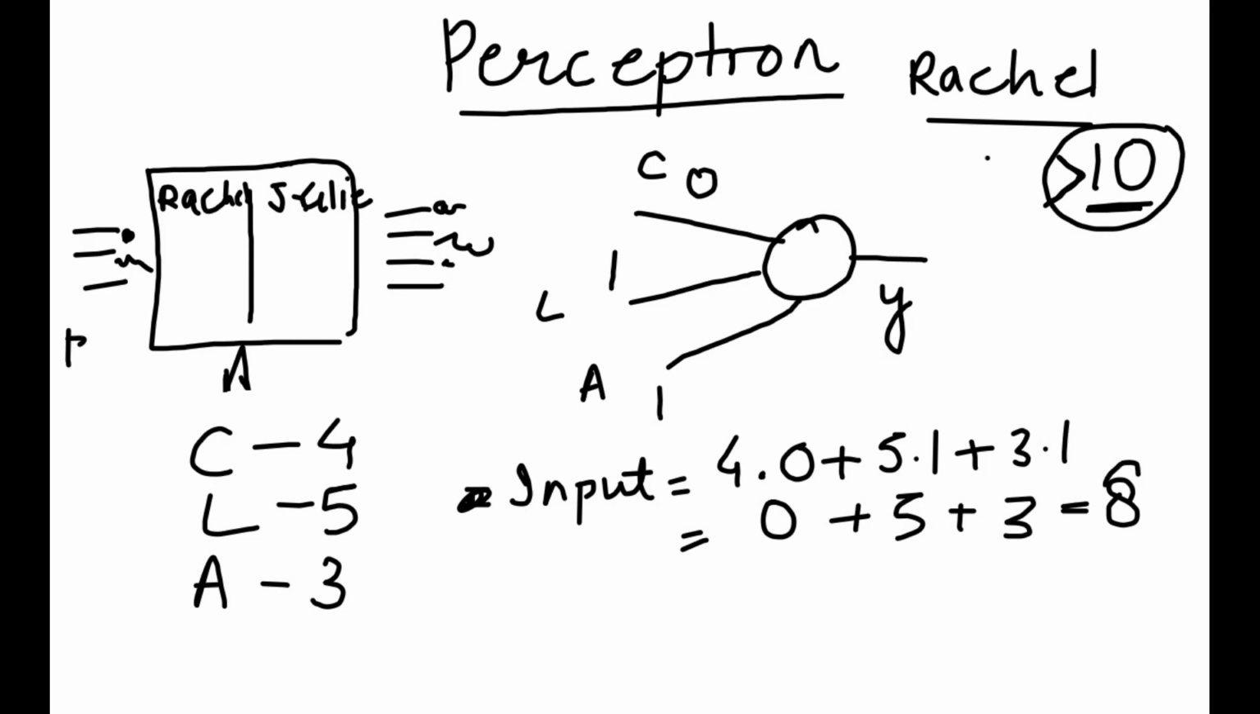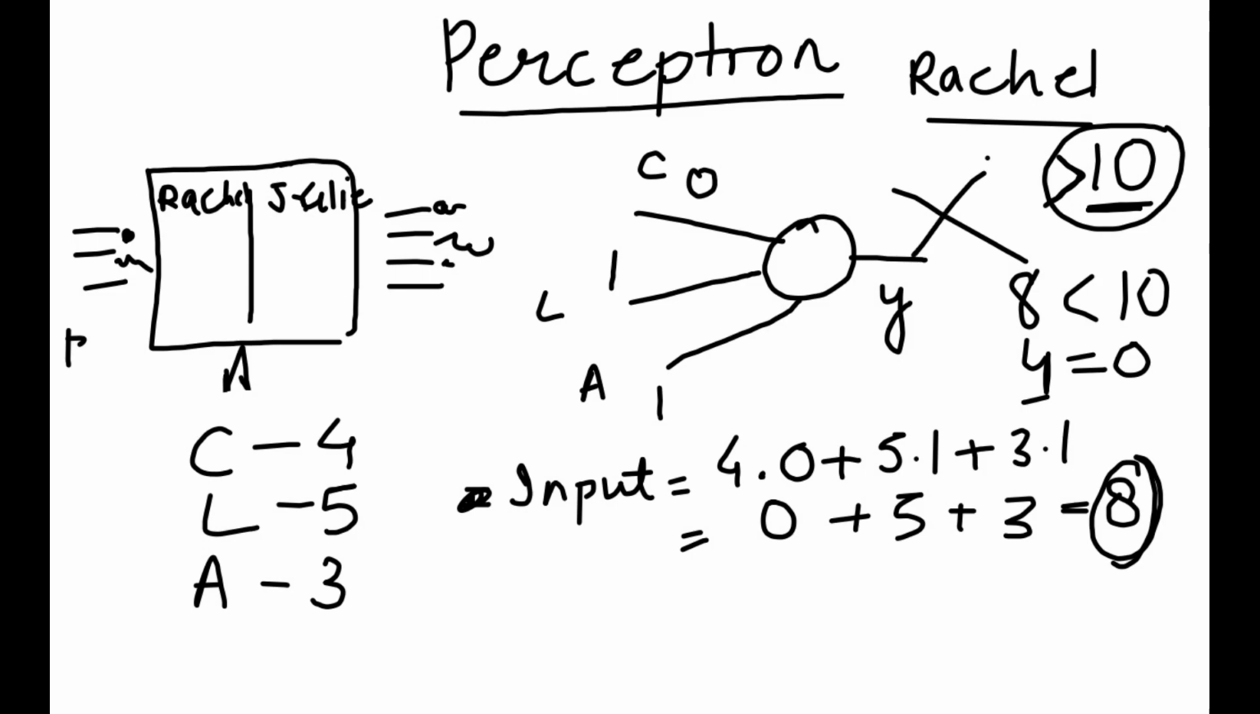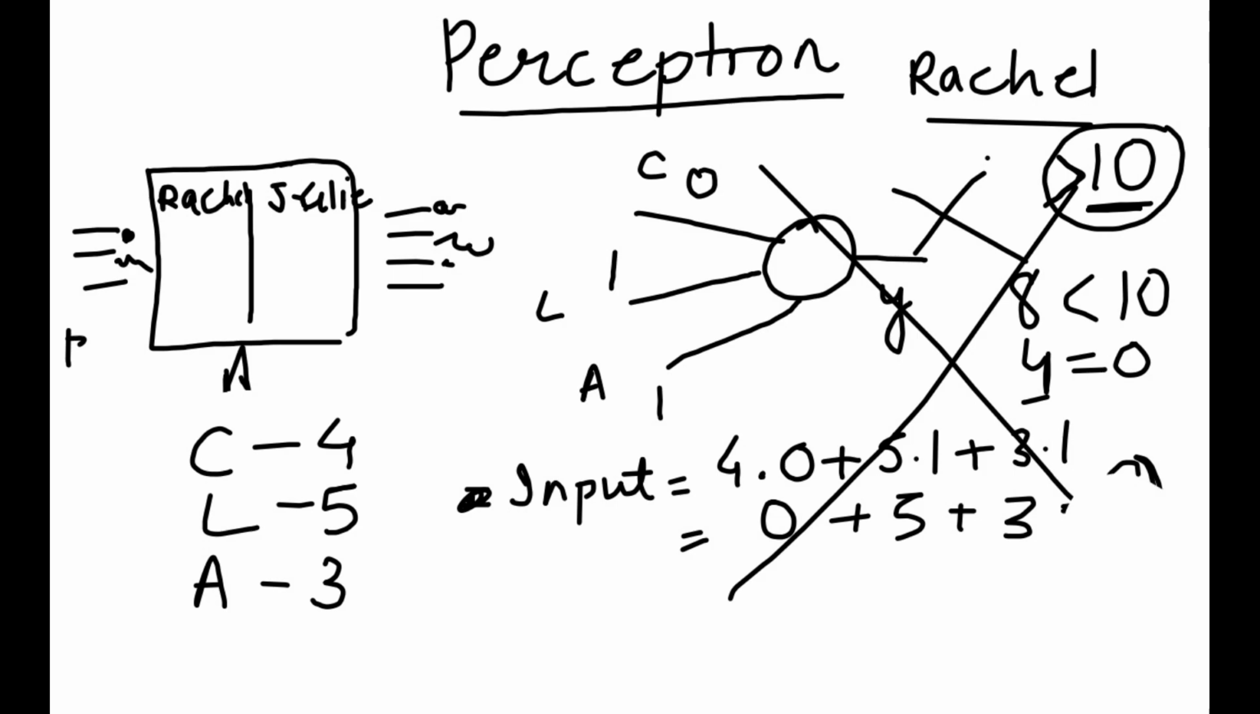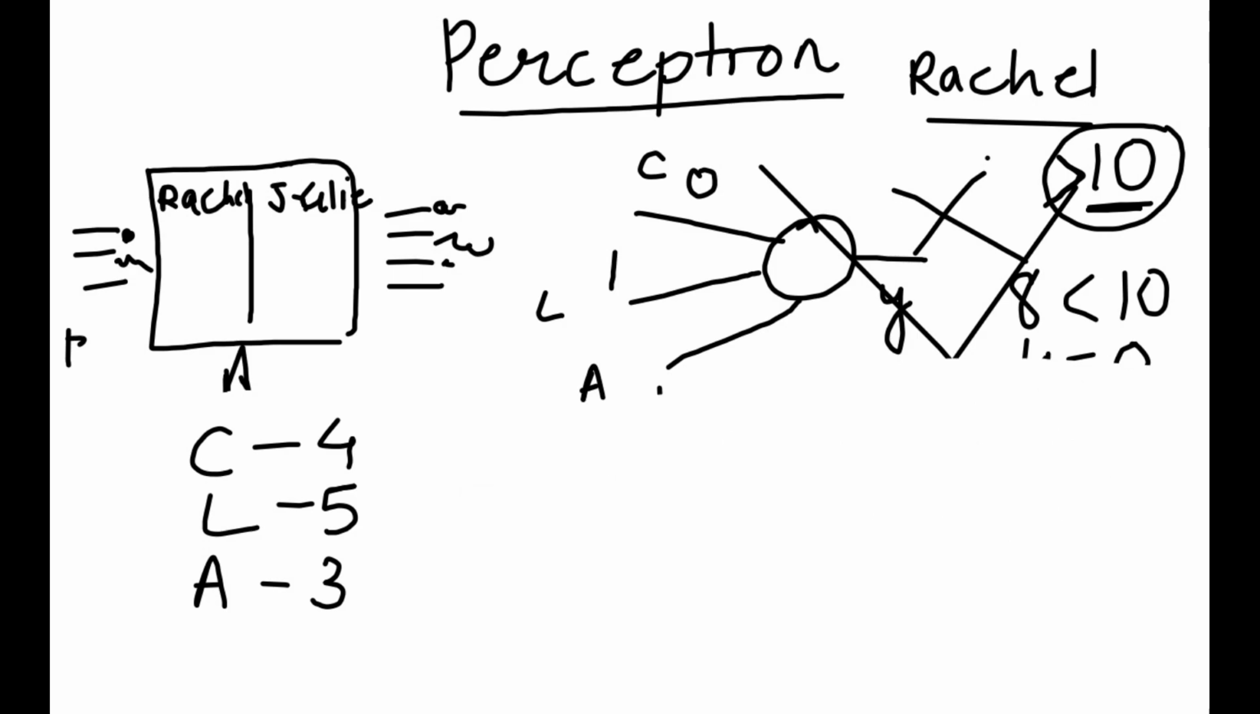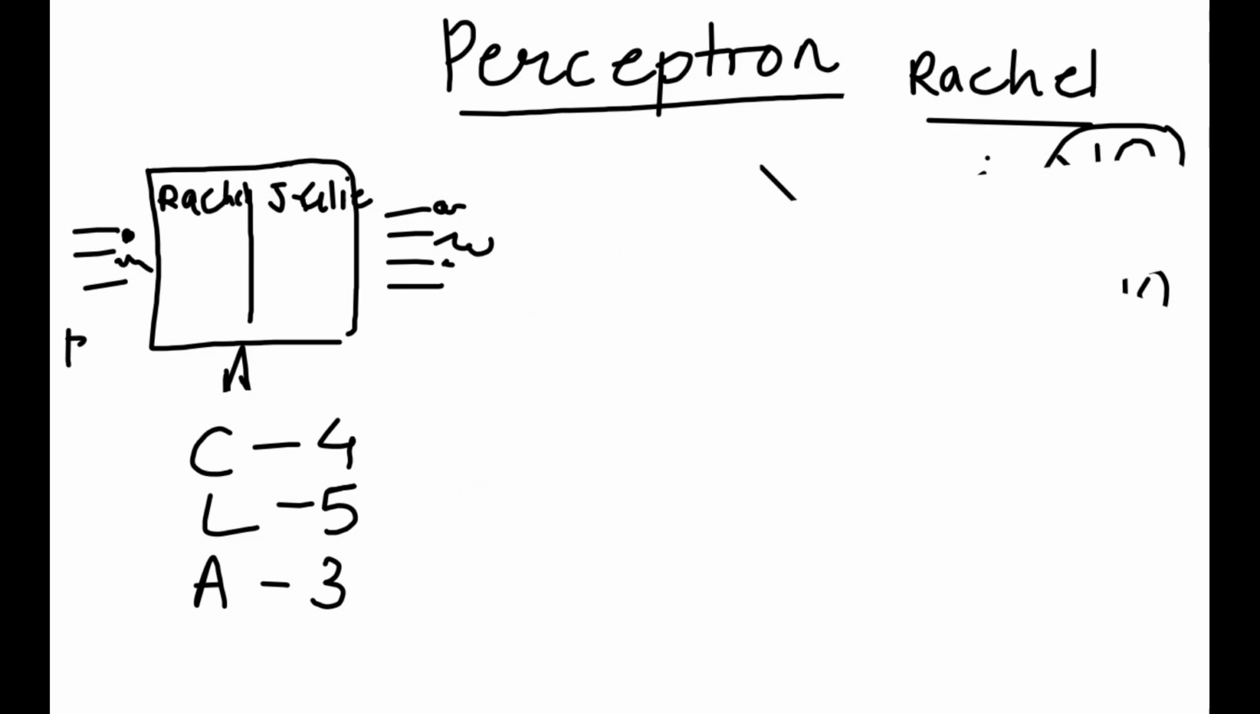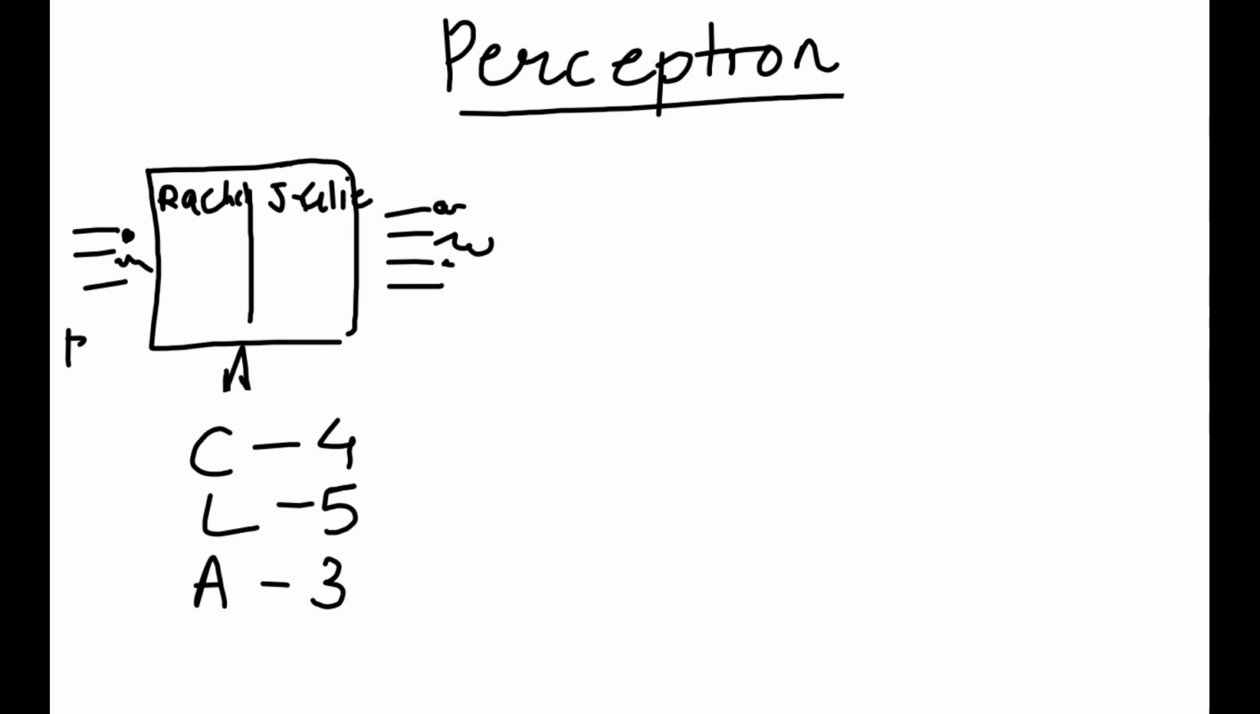Now Rachel gets a score, the input for Rachel is 8, and since 8 is less than 10, the output is 0 and the perceptron does not fire, and he decides not to go on a date with Rachel. There you go, writers. He does not go on a date with Rachel. Now all of the Friends fans are going to kill me, but I don't care. Okay, so now next for